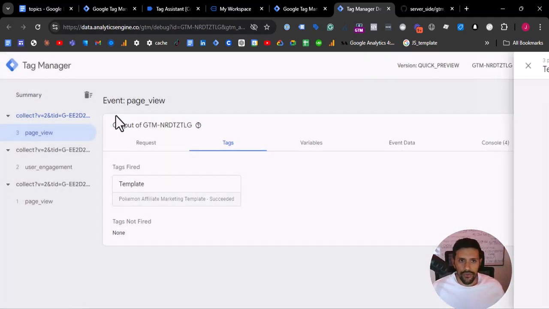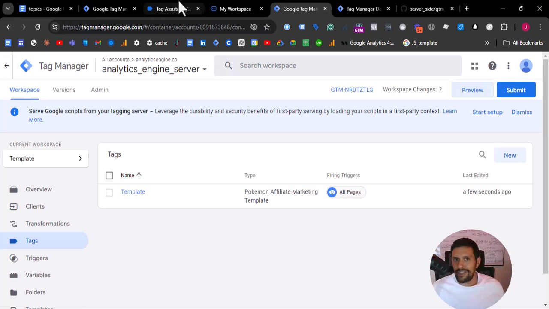Finally, you just have to publish the change here in server side as soon as you are satisfied with the results,